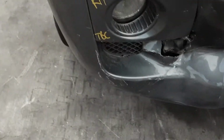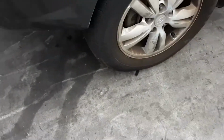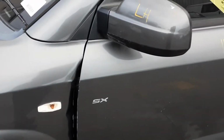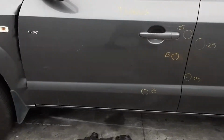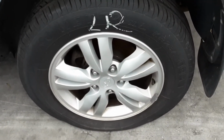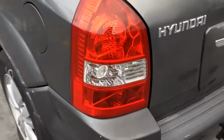This vehicle has sustained damage on the front end. We have the right-hand fog light, left-hand fog light. This vehicle is fitted with 16-inch factory alloy mags. Left front has a good tyre, left power door mirror, left front door has 3 small dents, left rear door has multiple dents, left rear 16-inch factory alloy mag with a flat tyre, with the left-hand tail light, tidy rear